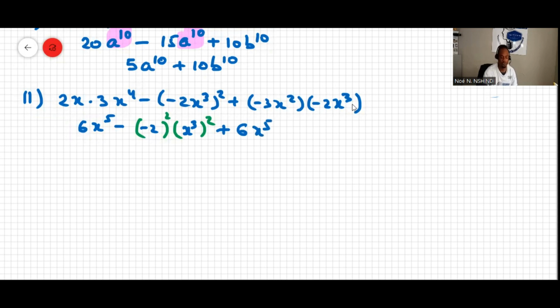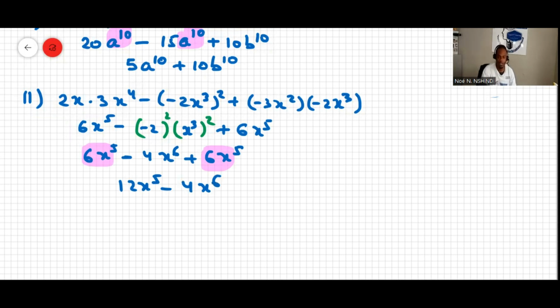Now this will be what? 6x to the 5 minus 4x to the 6 plus 6x to the 5. Now that we have like terms there, and this makes what? 12x to the 5 minus 4x to the power of 6. And